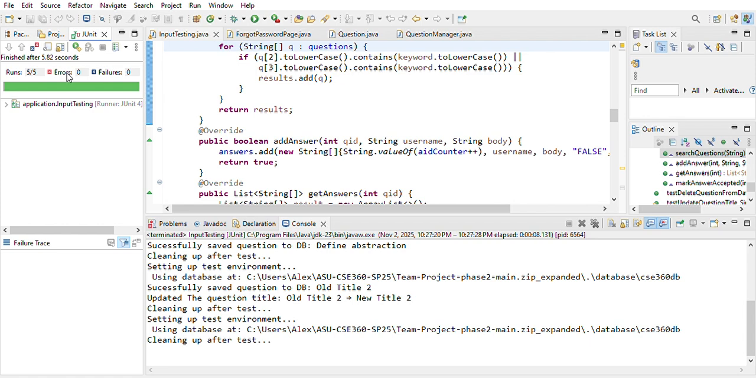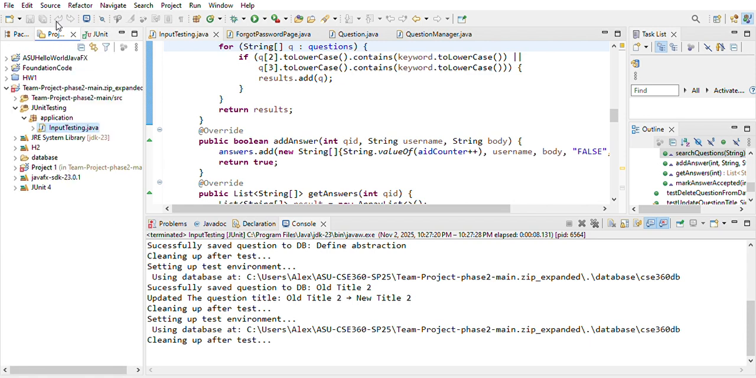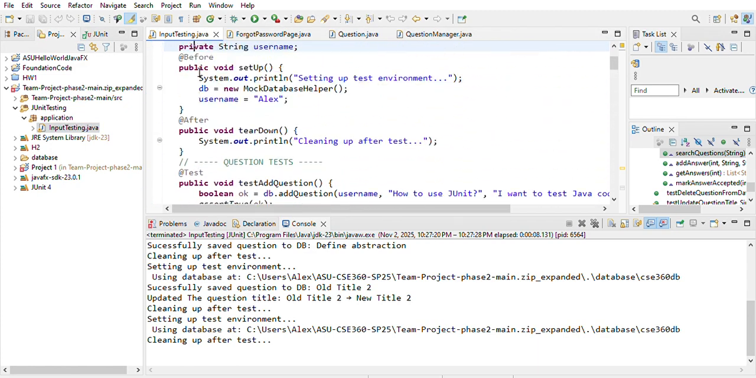There were 5 test cases, 5 methods. And as we can see right here, using Eclipse, each of those 5 tests passed. And that's a good sign. That means that your program is running the way you want it to. And the tests that I did